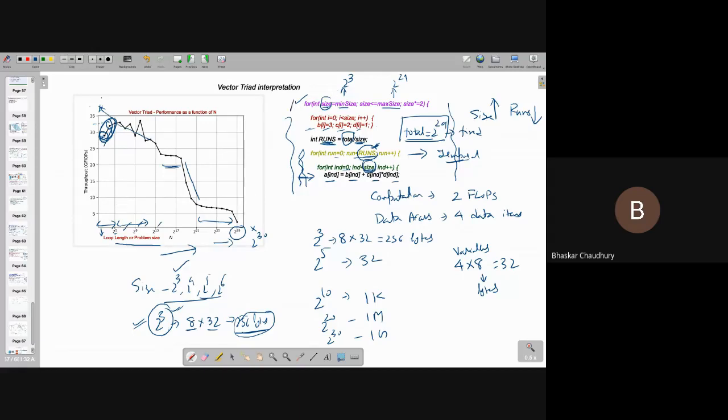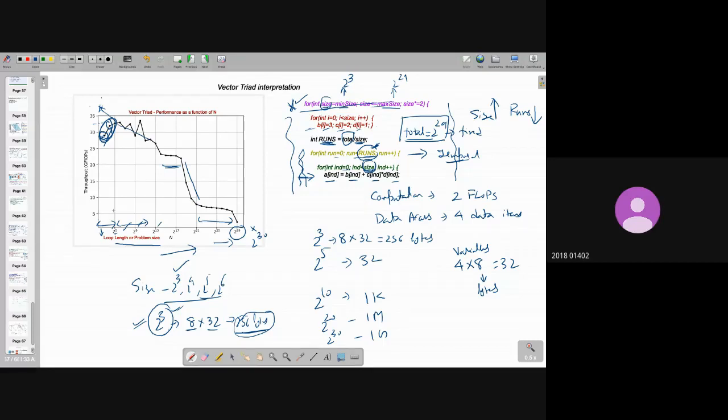Suppose I don't have this outer loop. So the first problem is 2 to the power 3. That's an independent problem. The second problem is 2 to the power 4. Similarly, 2 to the power 5 and so on. Now my question is simple. Whatever logic you are giving, that holds true for each of these problems actually: 2 to the power 3, 2 to the power 4, 2 to the power 5. So why should I get some other trend for the first 3 points and then some other trend for the rest of the problems?